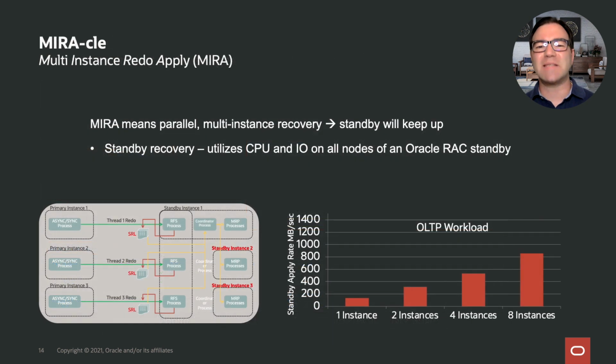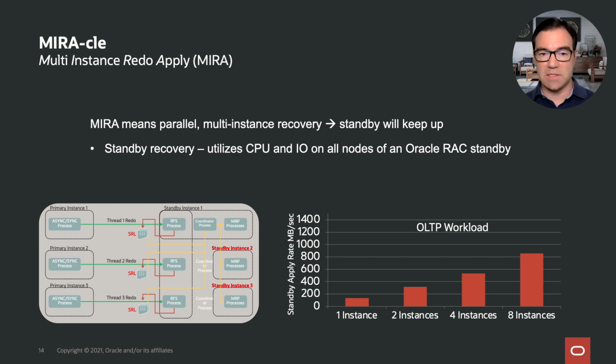Now, that kind of makes DataGuard a miracle solution. Now, miracle here isn't really referring to miracle as such. It's more a wordplay that I have allowed myself, because we have a feature that's called multi-instance redo apply, or in short, MIRA. MIRA really allows a more efficient use of a RAC standby. Before MIRA, what would happen is if you have a RAC primary, and that RAC primary would send data to a RAC standby database, real application clusters standby database, the redo would still be received only on one instance and